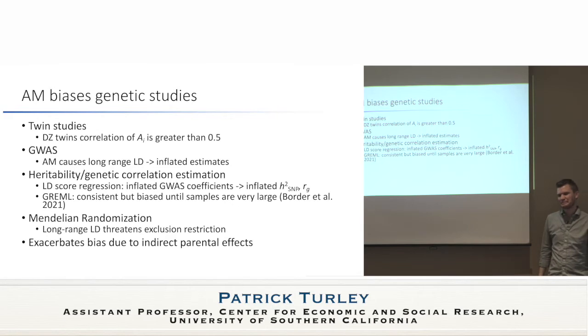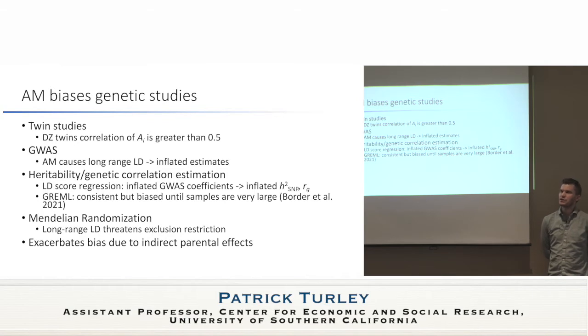Yep. We typically calculate LD scores within a centimorgan of the target SNP, and if there's long range LD from assortative mating, would the LD score intercept be too small if it's not capturing true cross chromosome LD? Yeah. So the question is how assortative mating would affect the LD score intercept. So I think that,